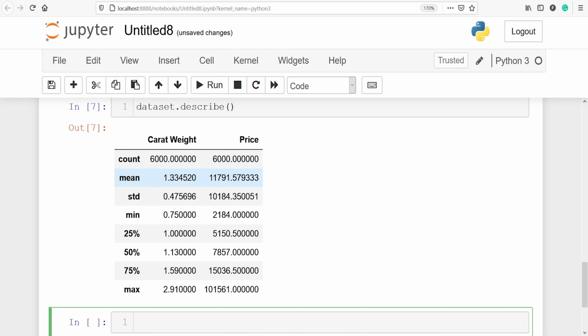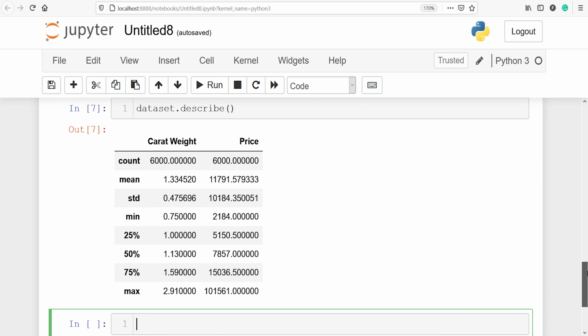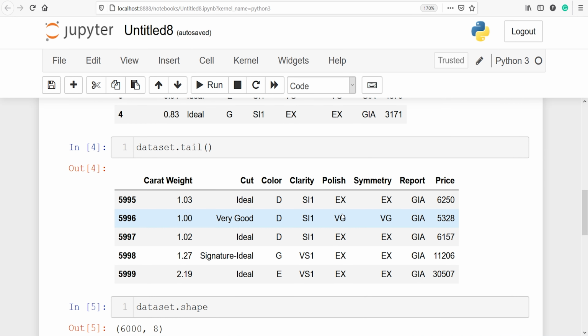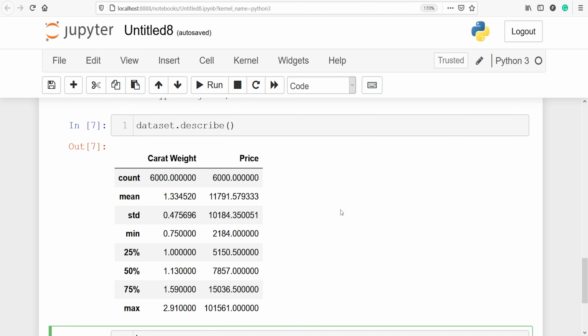Then we have the mean of carat weight, then standard deviation, minimum, the minimum is 0.75, 25%, 50%, 75%, and the maximum. So here we got the statistics for the numeric columns only. In our dataset, you can see there are only two numeric columns, carat weight and price. The rest are all strings. When you call the describe function, it will work on numeric columns only.